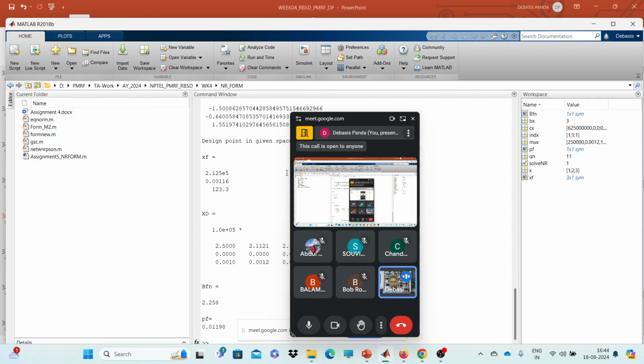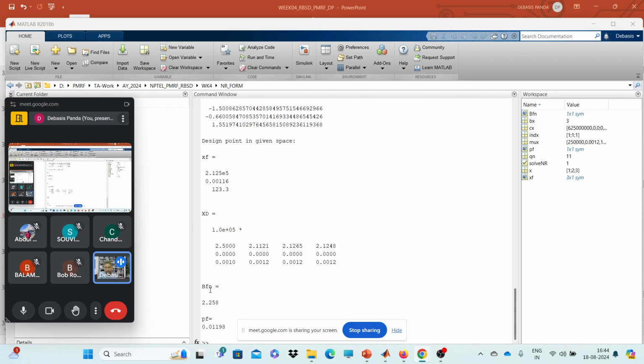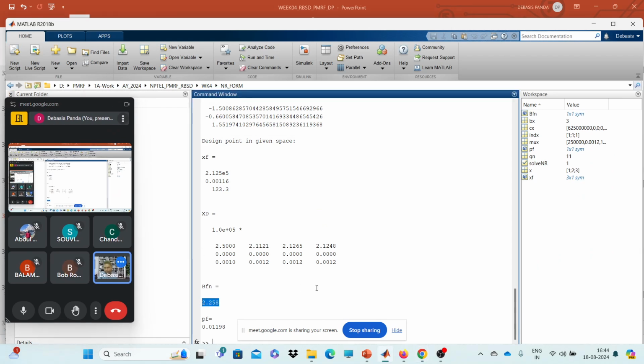So what will we get? Yes, we are getting the final value of beta equal to 2.258. These are the design points, and precisely this last column is the final design point. That means beta is 2.258 if we consider the limit state function as c minus d, and the probability of failure comes